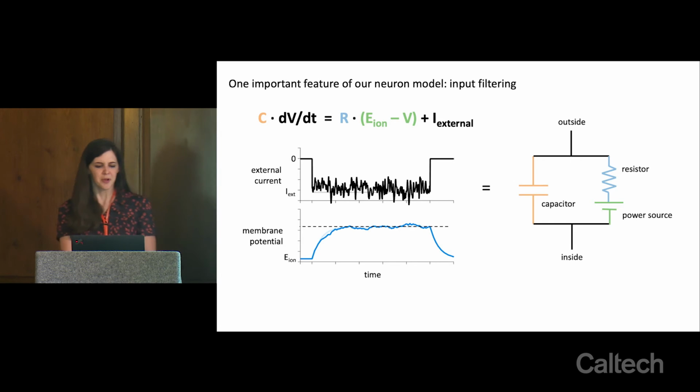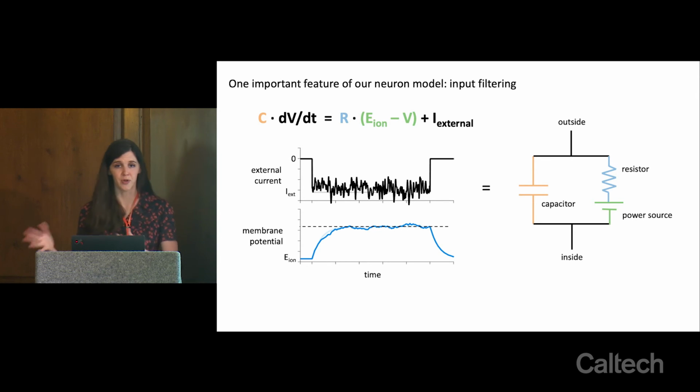If we hadn't done a step injection, if we'd injected some noise into the neuron instead, we would see that the membrane potential of the neuron isn't perfectly tracking that noise. It's producing a low-pass filtered version of its input. In this case, it is really just that. It's a filter that's removing the high-frequency signals from its input. But in general, neurons can act as filters of their inputs and allow certain frequency ranges of their input to pass through and attenuate others or phase shift others. So when you're modeling the activity of a neuron, the first thing that you usually think about is how it's filtering the input that it receives.